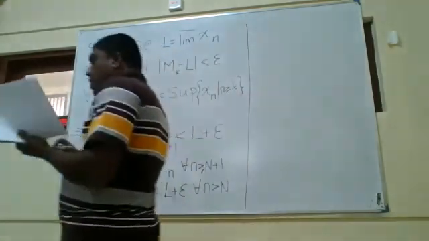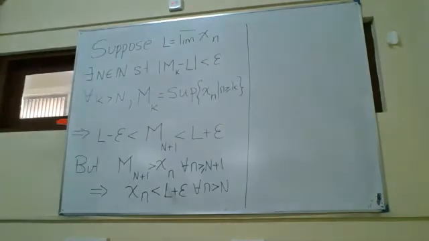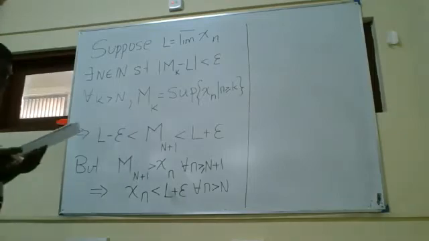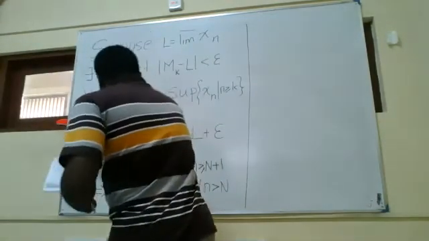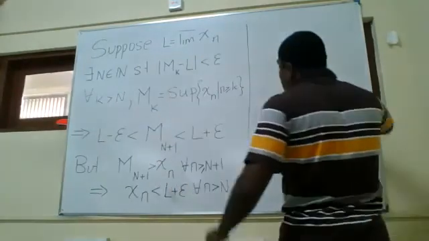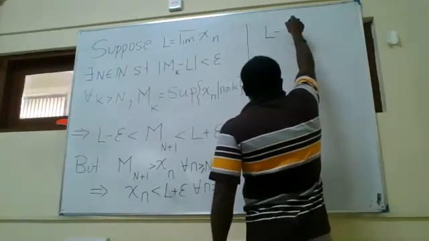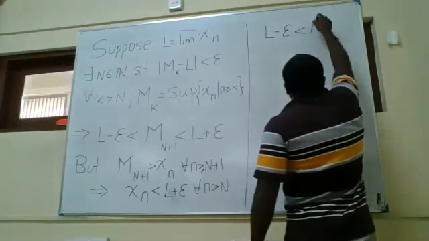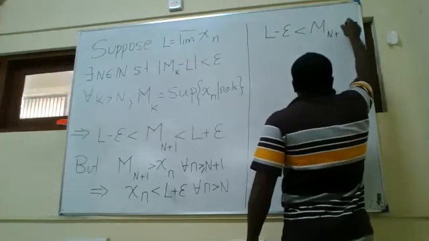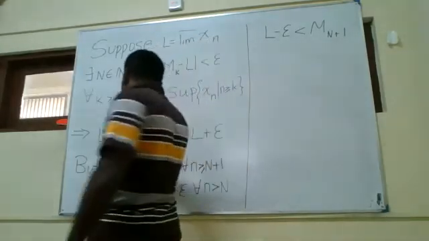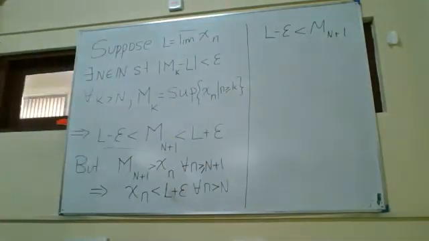And so let's do that. Now you take this side of the inequality. Right? So let me start with that. L minus epsilon is less than mn plus 1. Right? So this inequality is there. So I start with that. Right. If I have that, then obviously, you know,